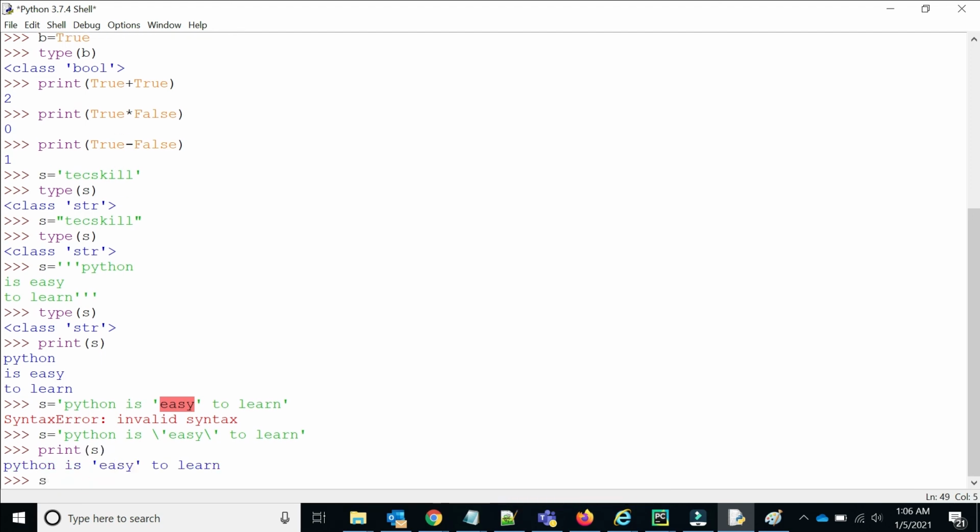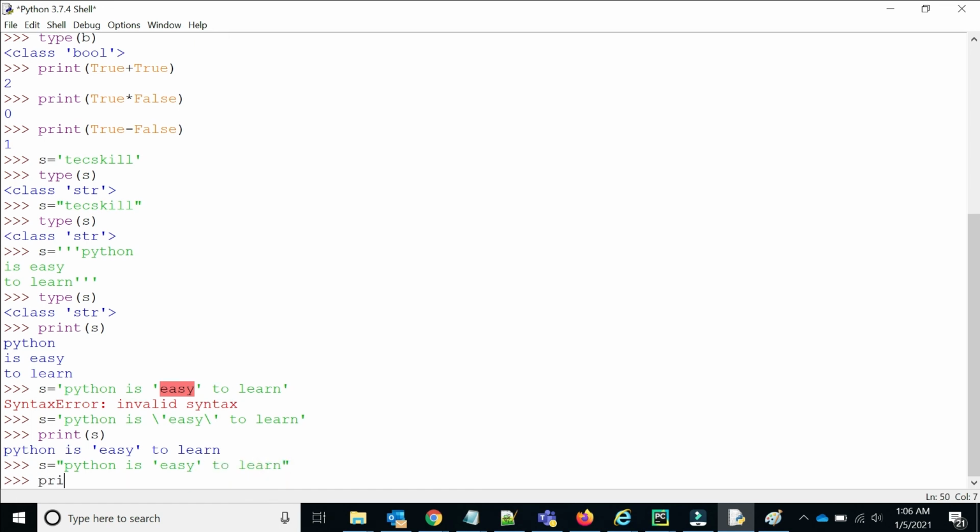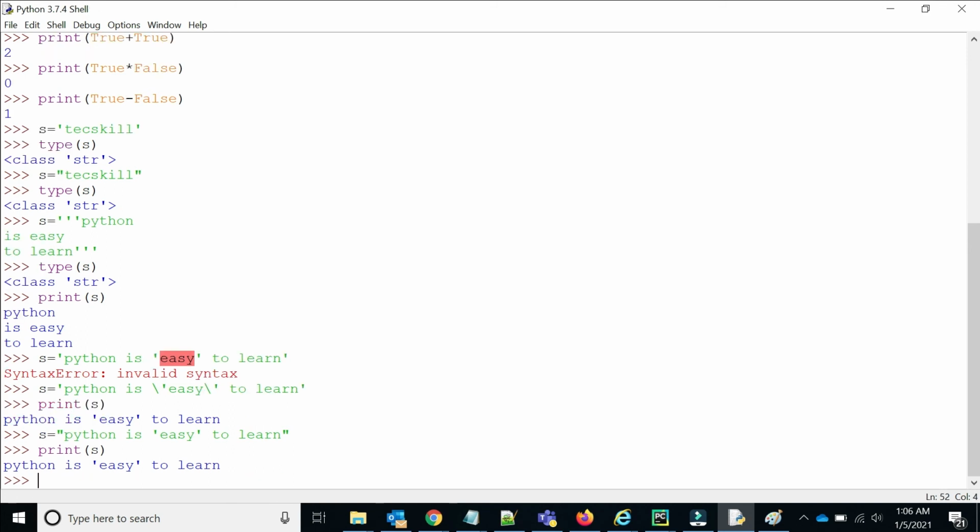So there is another way also. If you take it within double quote, "Python isn't easy to learn", and if you print the value, you can get it. So either this way or this way also. Same way, if my data itself contains double quotes, how will I take that as a string?